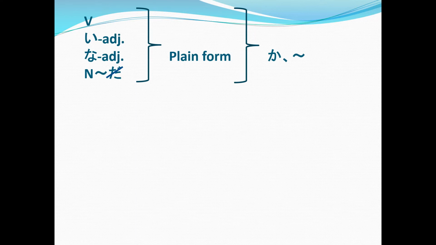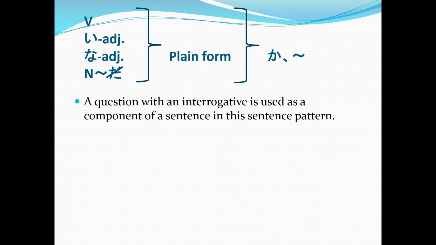The first sentence pattern that I want you to learn is verb in its plain form, i-adjective in its plain form, na-adjective in its plain form, followed by ka, then another sentence. This sentence pattern is used when using a question that includes an interrogative as a component of another sentence. Example,